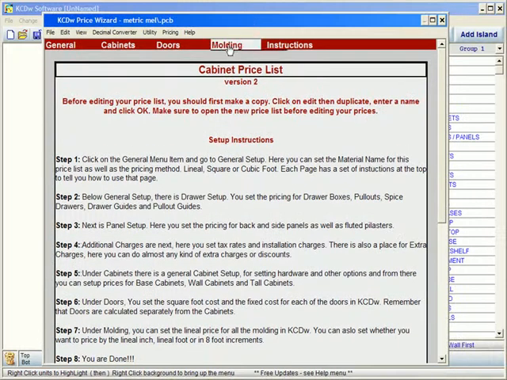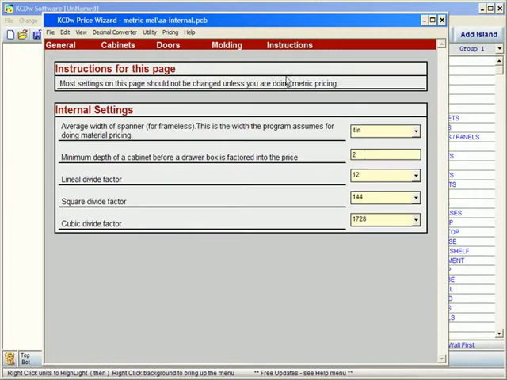It would be under instructions, and if you go to general, you're going to notice that we have a place here where you can set whether or not it's in inches. It says most settings on this page should not be changed unless you're doing metric. Well, in this case it says 4 IN, that's for inches, and if you wanted to put something in metric, this would be if it were your spanners. Let's say your spanners are 104 millimeters, you'd go 104 mm for millimeters,